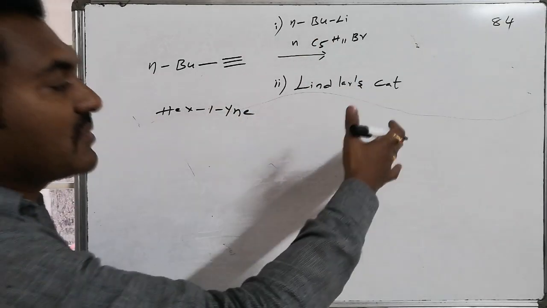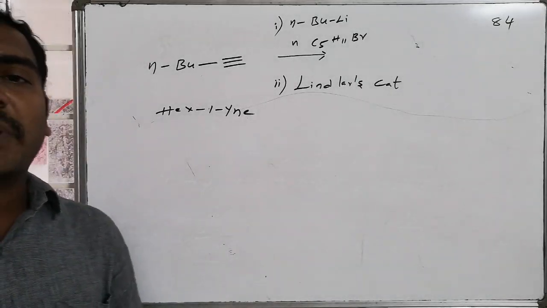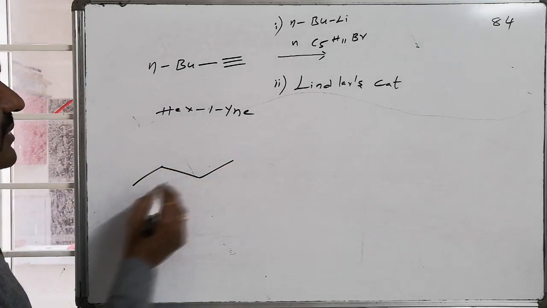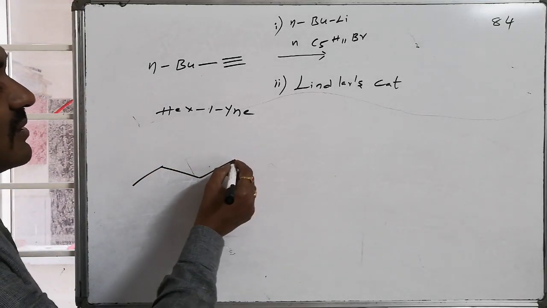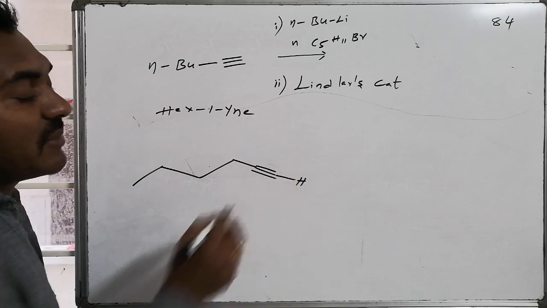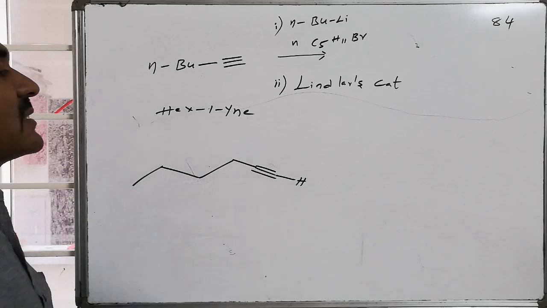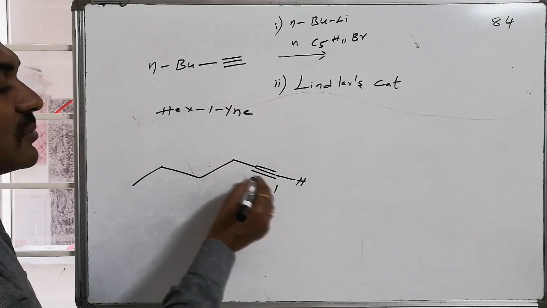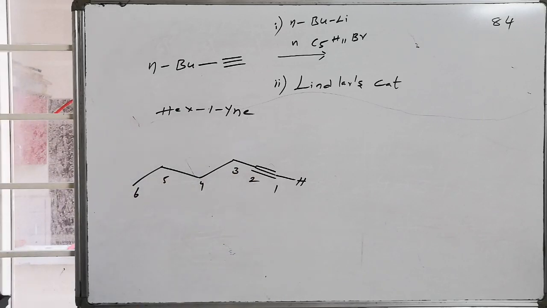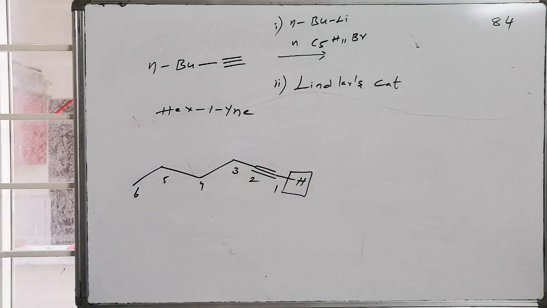Then as a result of this sequence of reactions, whatever product is formed, product-related information is asked of us. If I write it in zigzag format, these are 4 carbons, whereas this 4th carbon is connected with a triple bond system having one terminal hydrogen. This is 1, 2, 3, 4, followed by 5 and 6. This is hex-1-yne, 1, 2, 3, 4, 5 and 6. This has an acidic hydrogen, but it is weakly acidic, though it is connected with the sp